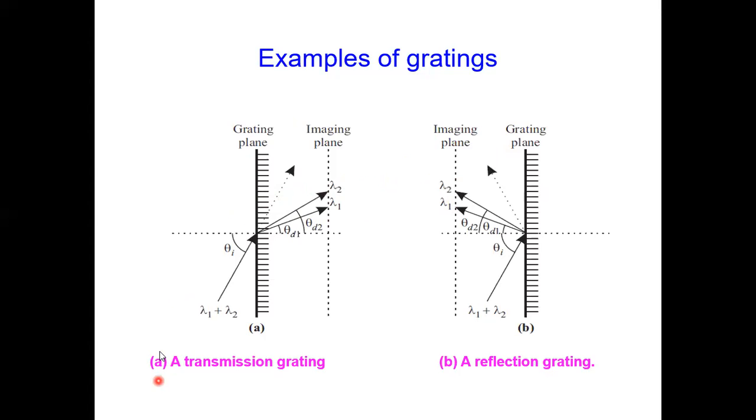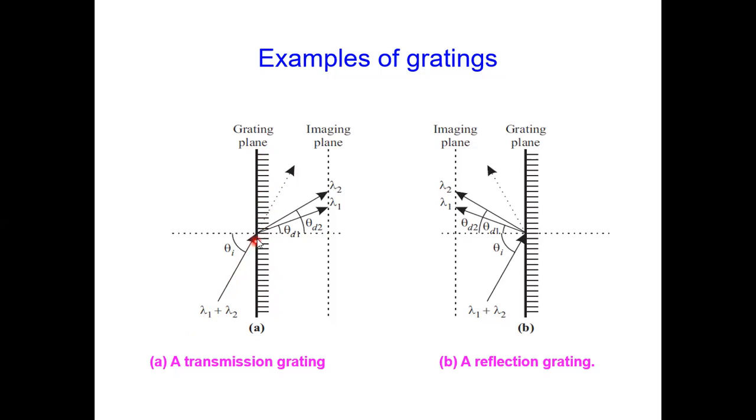So how do I write a grating? This is one of the examples. There are many methods. Suppose I have a transmission grating. I have light entering from one medium. This is my angle of incidence. This dotted line is my normal. And here is the second medium, and its refractive index is different. Here I have a plane that I call the grating plane, where I have the varied refractive index. So I create slots like this in the second medium.